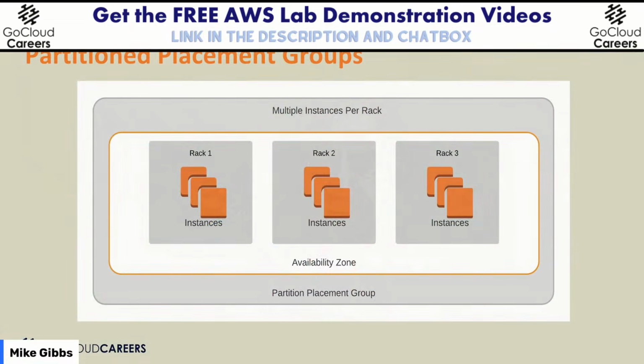Now, because all of your stuff isn't in the same rack, it's not going to perform quite as well as the cluster placement group. But it's going to perform pretty darn close to that because it's all in the same building. And this way, if you lose a rack or you lose a switch port or a switch, this has a lot better survivability. And as long as that data center doesn't go down, you're going to be up, operational, and good. So I hope that kind of makes sense.